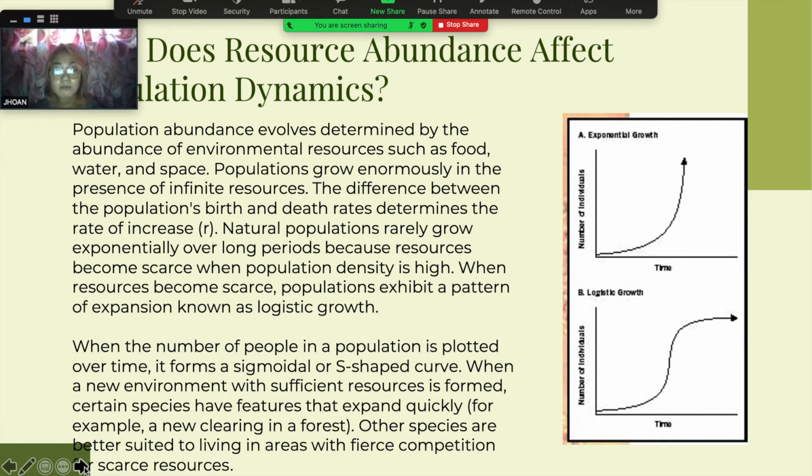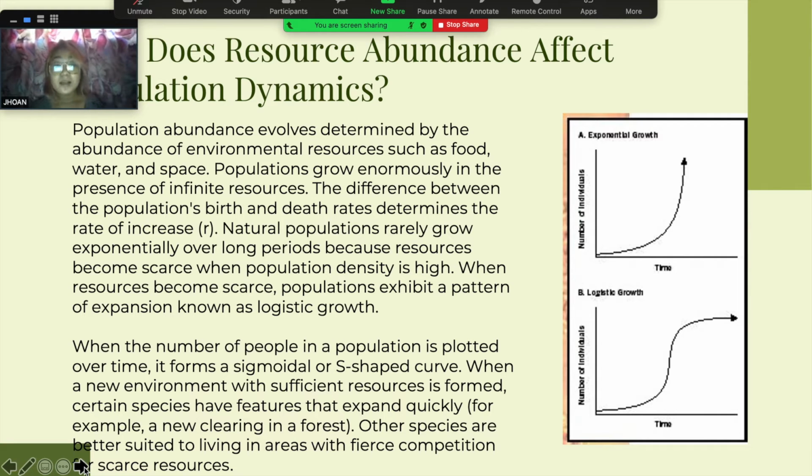How does resource abundance affect population dynamics? Population abundance is determined by the abundance of environmental resources such as food, water, and space. Populations grow enormously in the presence of infinite resources. The difference between the population's birth and death rates determines the rate of increase. Natural populations rarely grow